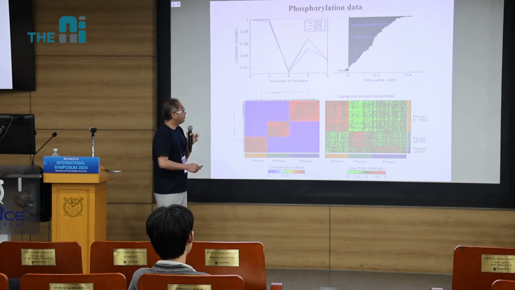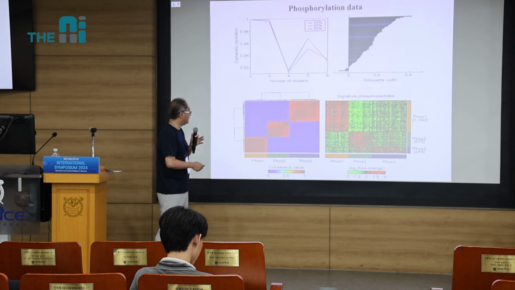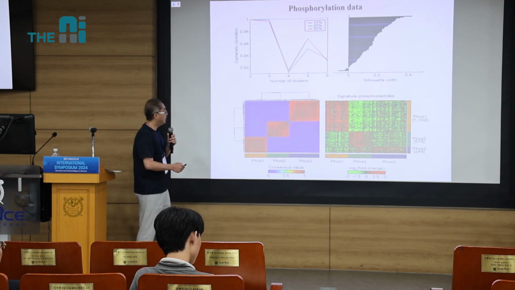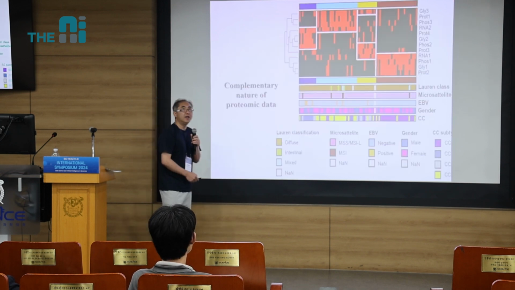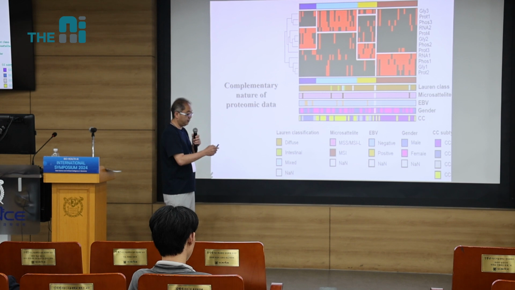Anyway, if you use the phosphorylated level, you can identify 3 groups of patients, and similarly, these 1,192 phosphorylation sites, and their upregulation defines the first patient cluster here. So, glycosylation. Using the glycosylated proteins, we identify 3 clusters as well. So, we did the individual clustering using individual types of data and to define the proteogenomic, so this is protein data and genomic data,